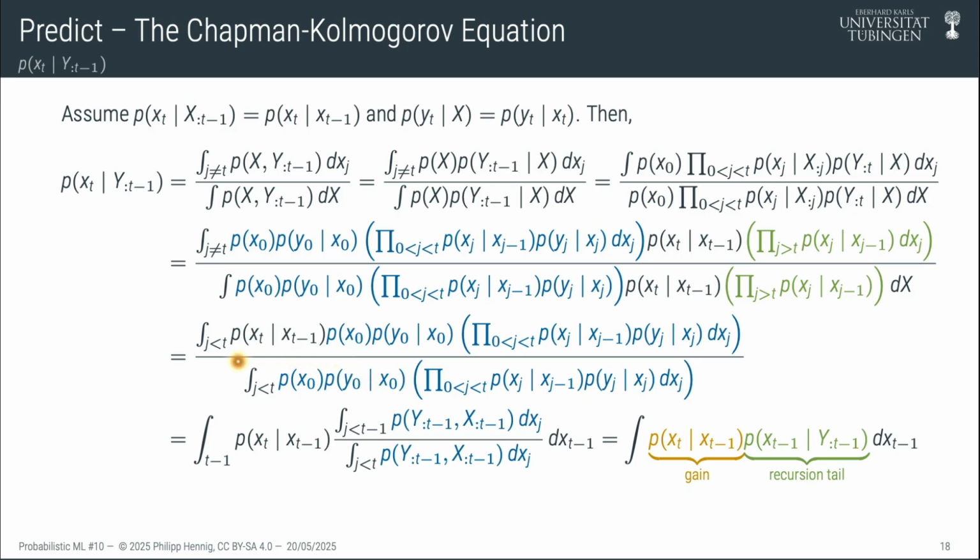So we are thinking about xt. So we care about terms that involve xt. And then there are all the other terms that don't involve xt. And here in the numerator, there's only one such term. It's this one. And all the other ones do not involve xt. So we'll take this black stuff to the front and turn that into a single integral over time t minus 1.